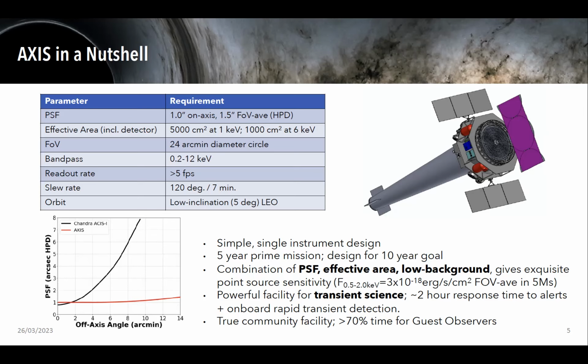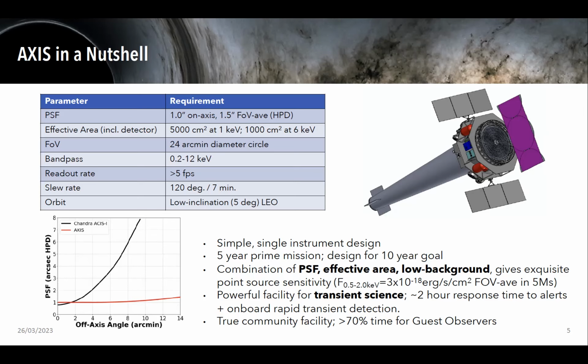And then the other aspect of Axis is we are in low Earth orbit, which means low background in our fields. We do low surface brightness astrophysics and have good communication. So Axis will have a fast transient responsivity part to it. Once we're given an alert, say a gravitational wave source or just be localized, we can get on target within 2 hours. And then we also will have onboard transient detection, and if we see something flash in our field of view, we can get those coordinates and the basic data down in 10 minutes for dissemination to the community.